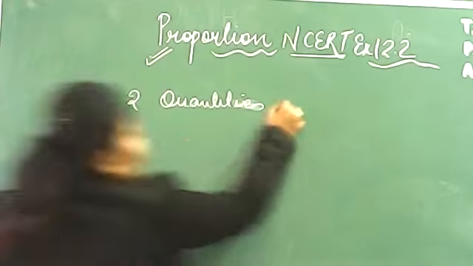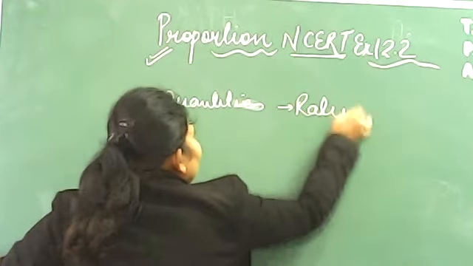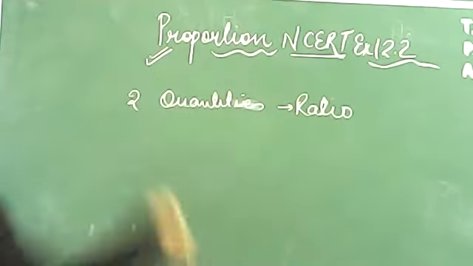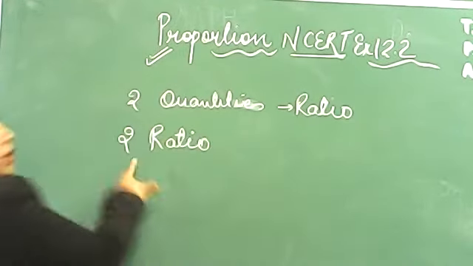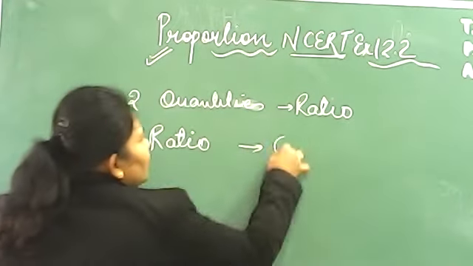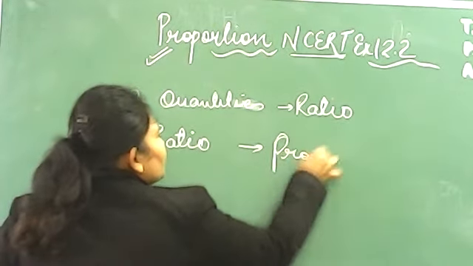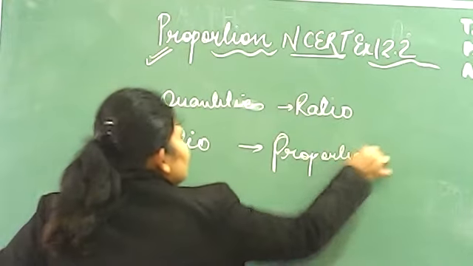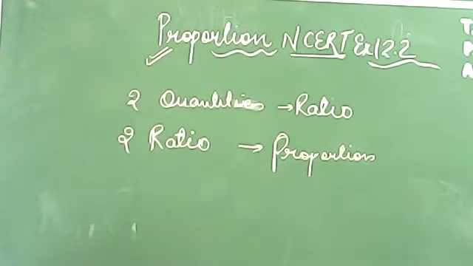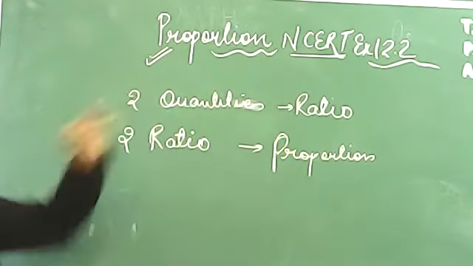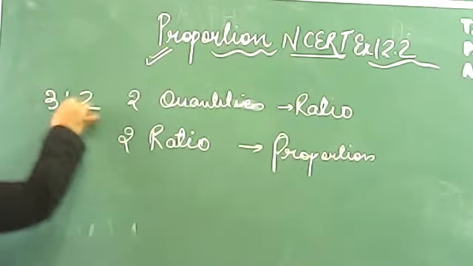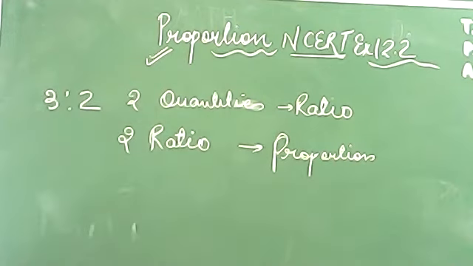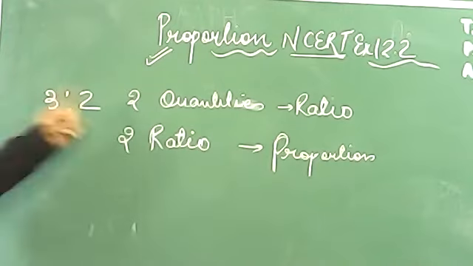Then you call it ratio. Fine. But when you compare two ratios, you find out proportion. Are you getting the difference? Understand one thing. जब हम रेशियो निकालते थे तो we were using only two quantities. That means we were writing 3:2, 5:7, 8:9, 3:11, like this. Two terms were there, 1 and 2.